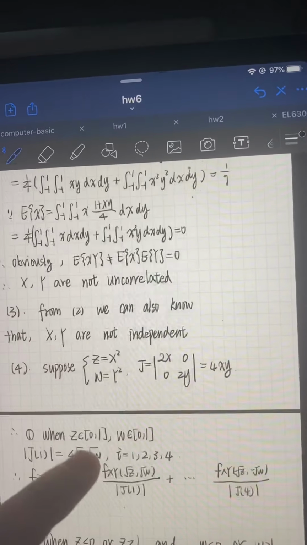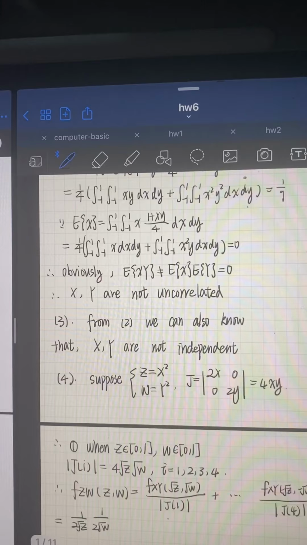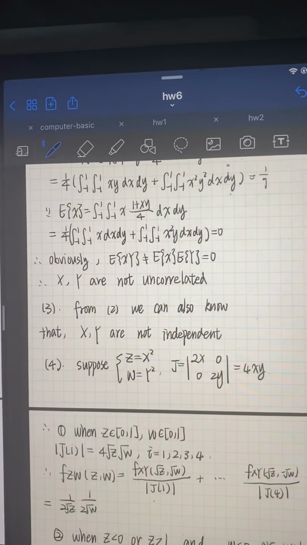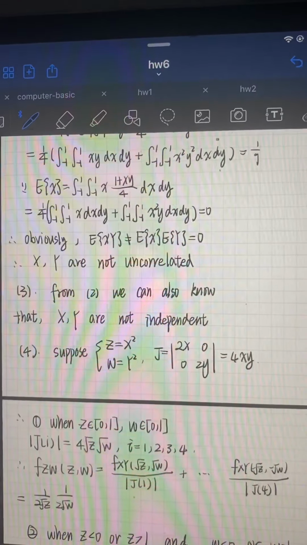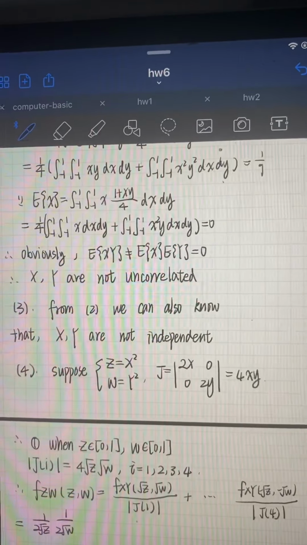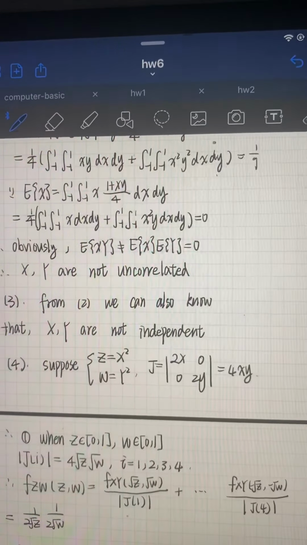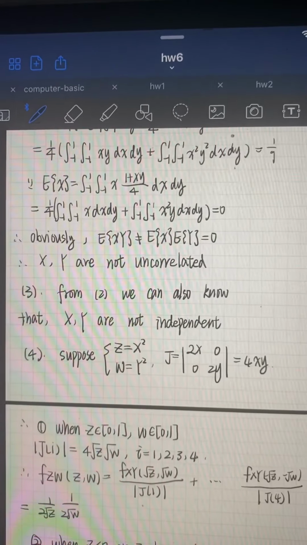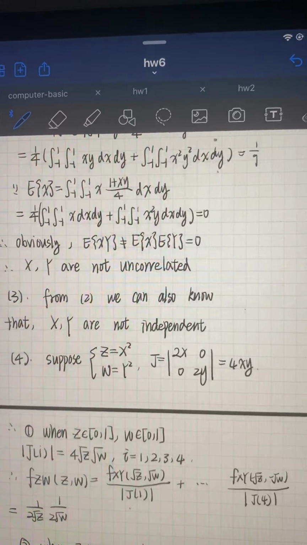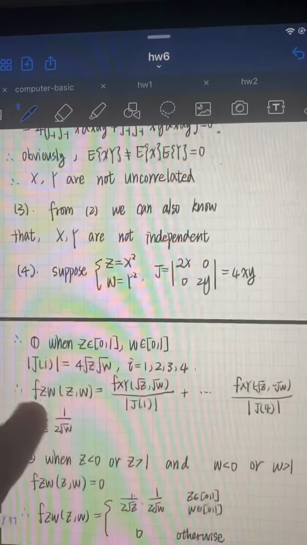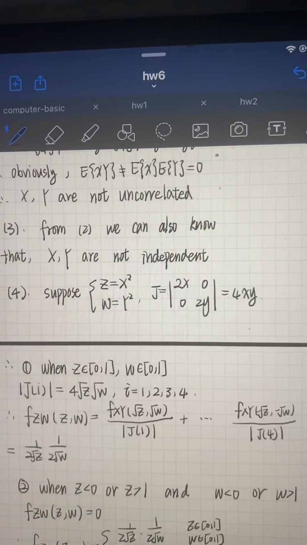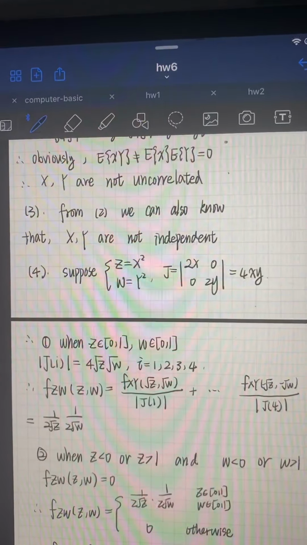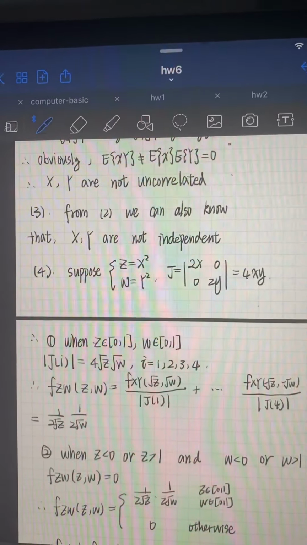As for sub-question 4, we should find the joint density function of X squared and Y squared. So we can suppose that Z equals X squared and W equals Y squared. And the Jacobian of this formula equals 4xy. So we divide the sub-question into two situations. When Z is from 0 to 1 and W is from 0 to 1, we can get that